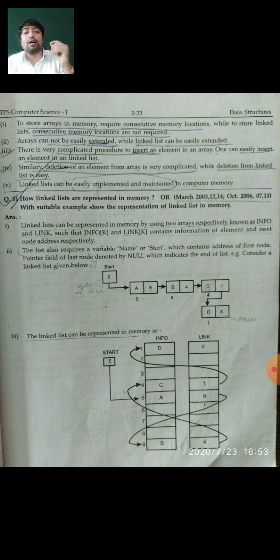While explaining the detail about the linked list inside the memory, we should think about the two types of arrays there, info and link part. You can see the point number 3, info and link are the two types of arrays that can be useful for explaining the representation of a linked list inside the memory. For that, we will see the answer of the given question that explains the following points.